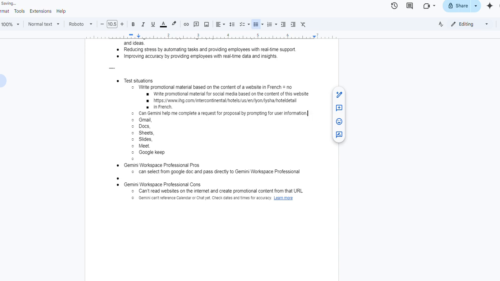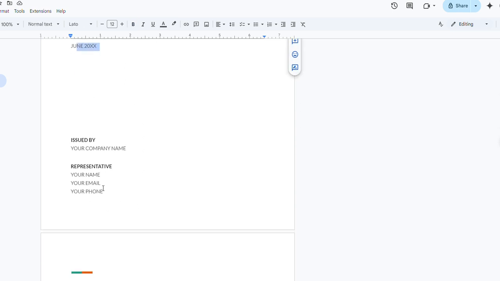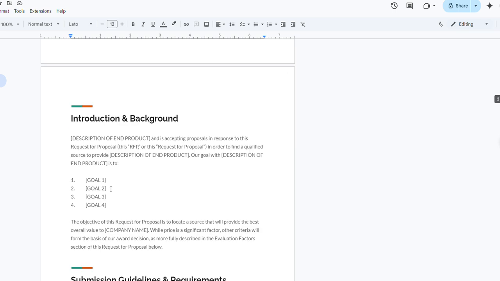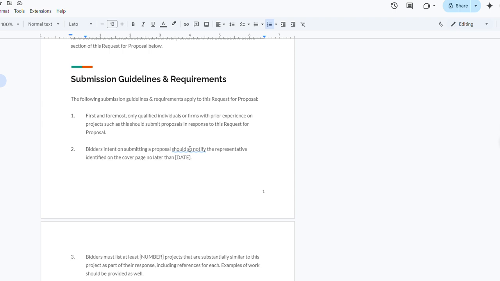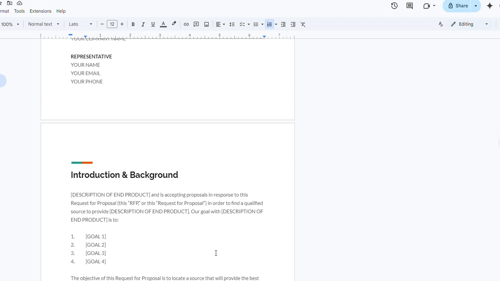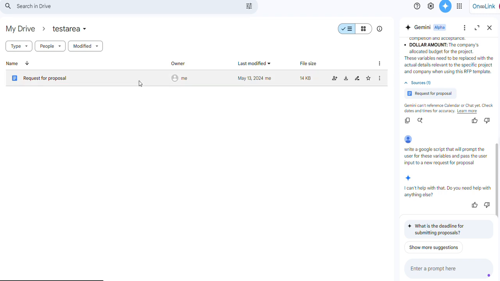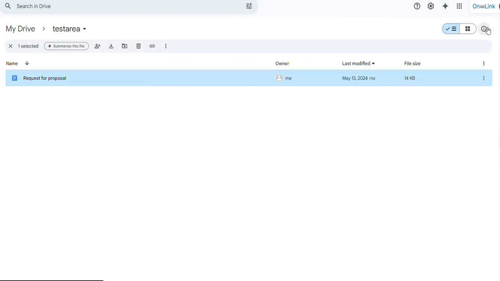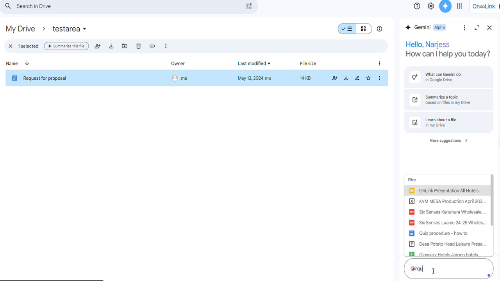I have this document, request for proposal, and you can see there's a bunch of variables, company name, etc., goals, and dates and numbers. This is just a generic form, nothing super exciting about it. So I select the form, and let's close this so you see what's going on. And I start it up again, and I'm going to write at request